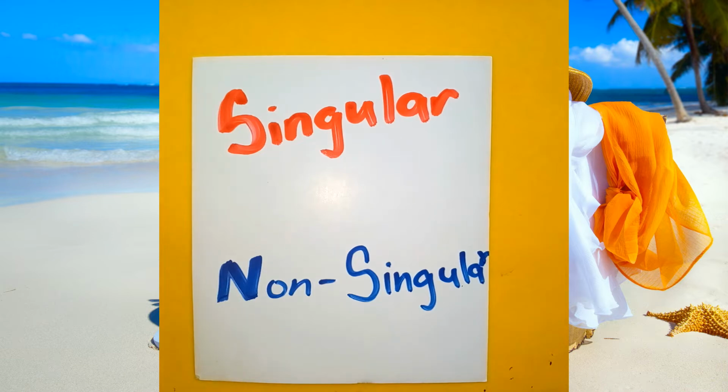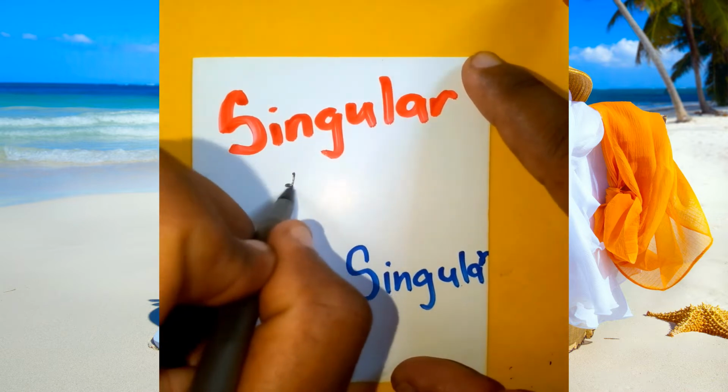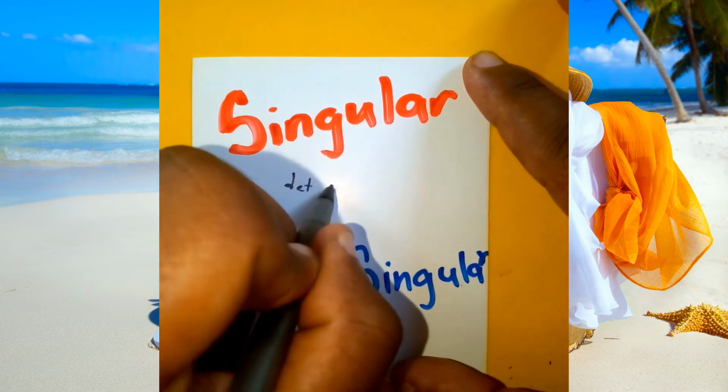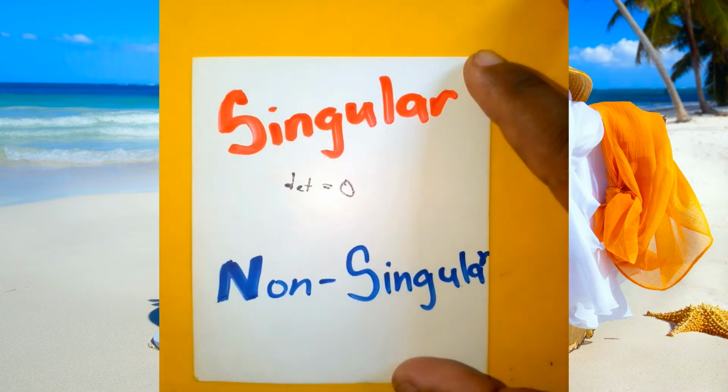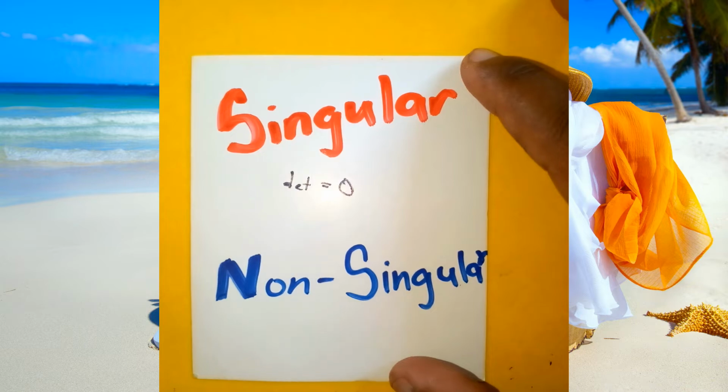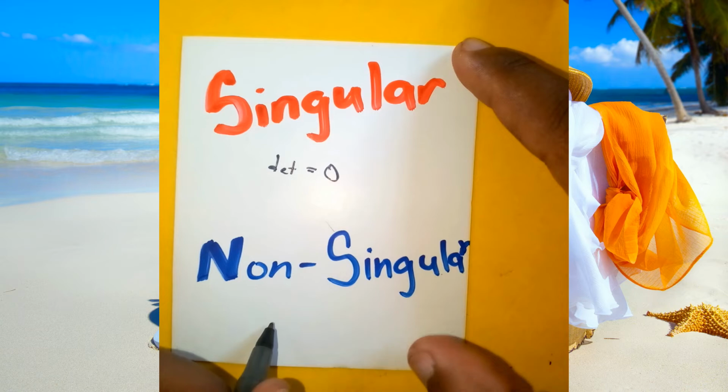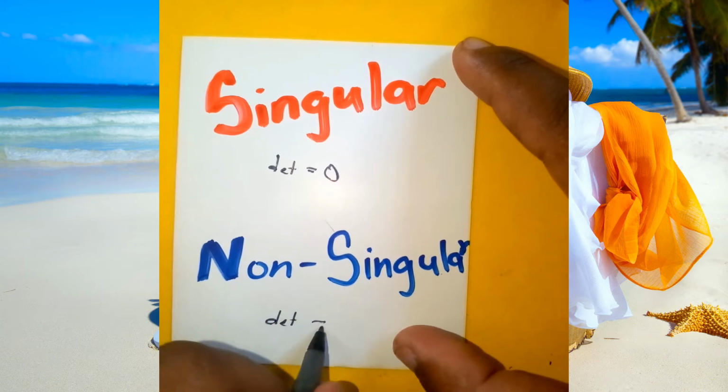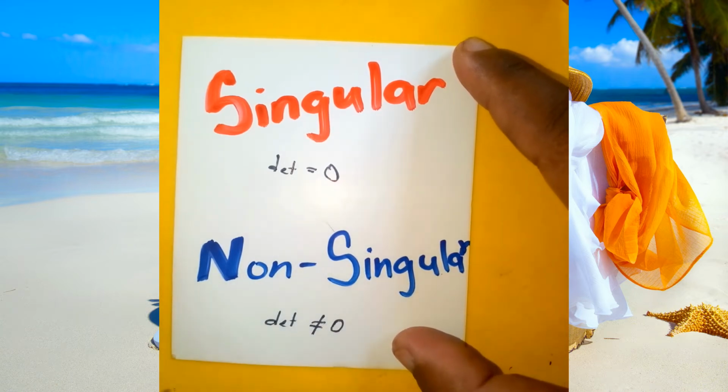So we're looking at singular matrices versus non-singular matrices. And simply put, a singular matrix is a matrix that has a determinant that is equal to 0. So once you find the determinant of a matrix and it's equal to 0, then you can describe that matrix as a singular matrix. When you have a matrix with a determinant that is not equal to 0, we describe it as a non-singular matrix. Let's look at an